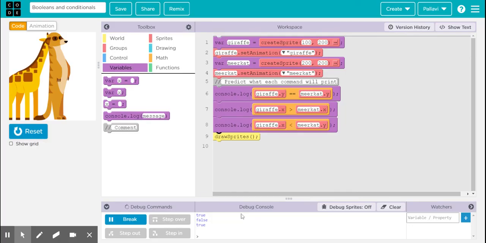And here in the debug console, you will see the boolean values. The first comparison statement, the boolean value is true, then the second is false, and the third is true. So these three are nothing but the boolean values of these expressions.